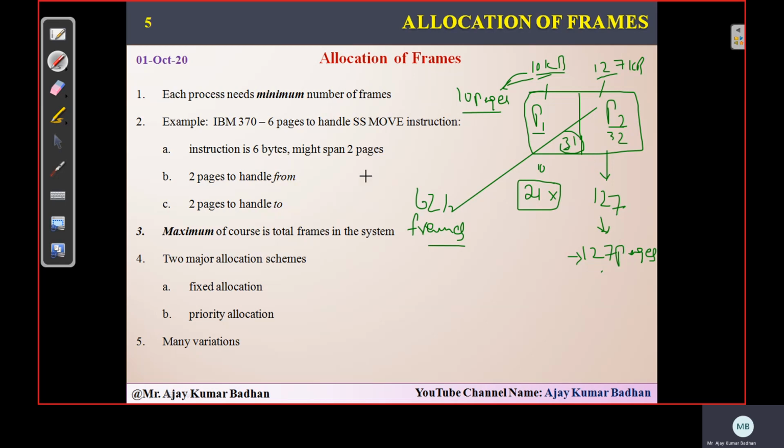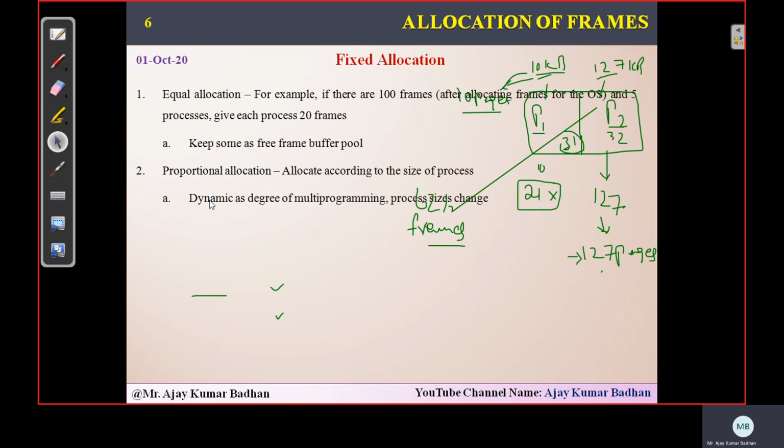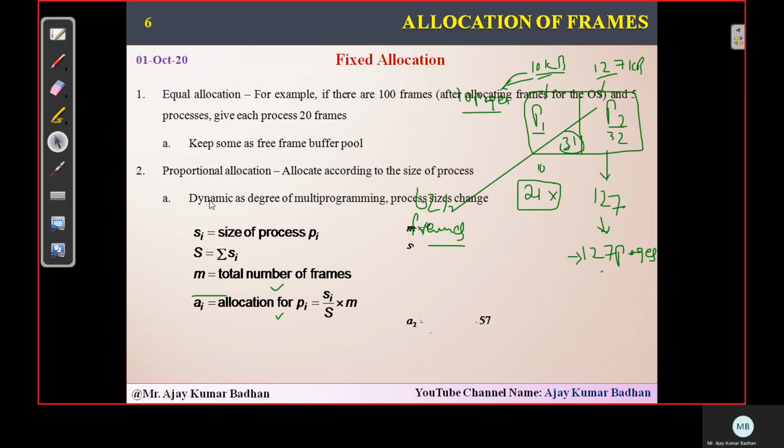Okay, so here he has actually provided two different types of methods. One is fixed allocation, another is priority. So based upon the priority, we can allocate the frames. Based upon fixed allocation, we can also do it. How, I will tell you. Please remember the example I showed you here. The same example we will be seeing in your fixed allocation scheme. This is the basic scheme we are going to use.